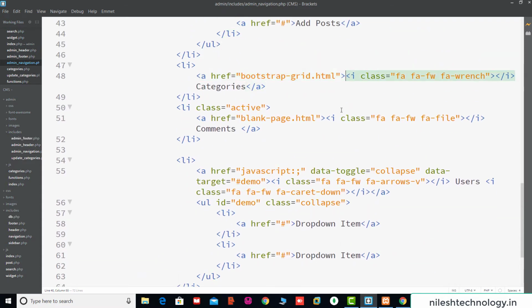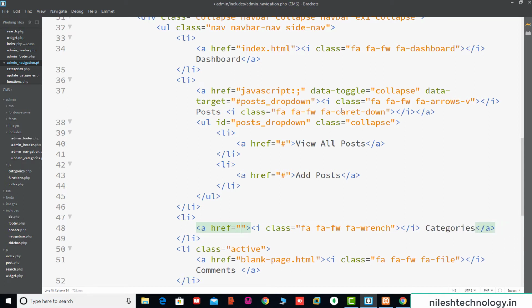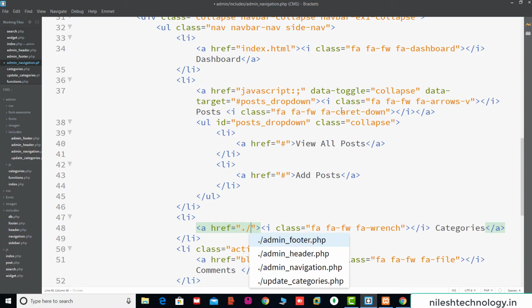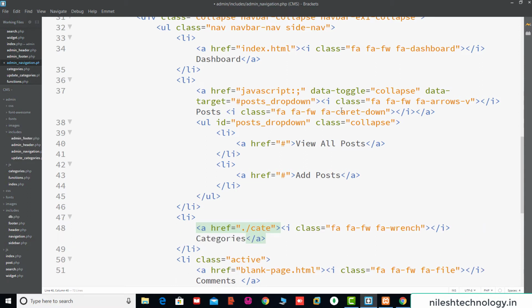So here href equal to, so here we change the file name. Your file name was this, this is the parent directory, so that's why, and your file name was that /. All these files are in a root directory, so that's why here we use the /categories.php, and this one was the category.